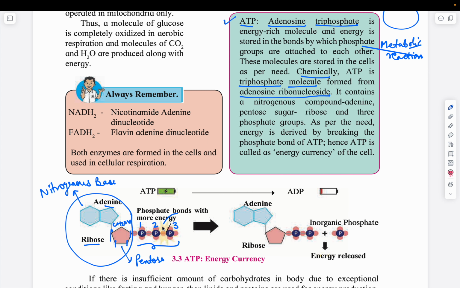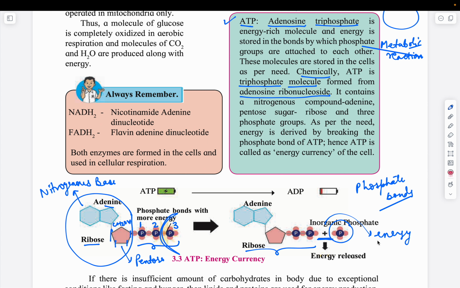This last bond breaks down. Energy is stored in the form of phosphate bonds. So when these phosphate bonds break, this phosphate group is released from the ATP molecule, and it will produce energy,